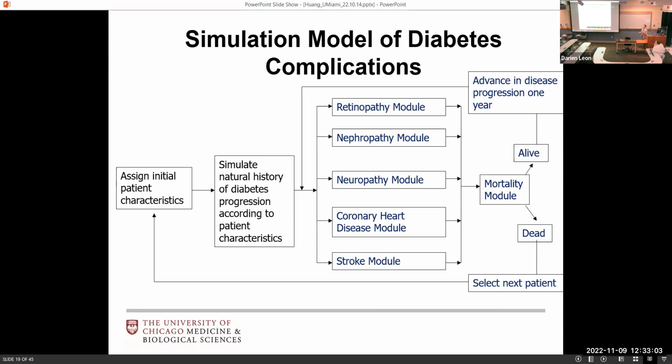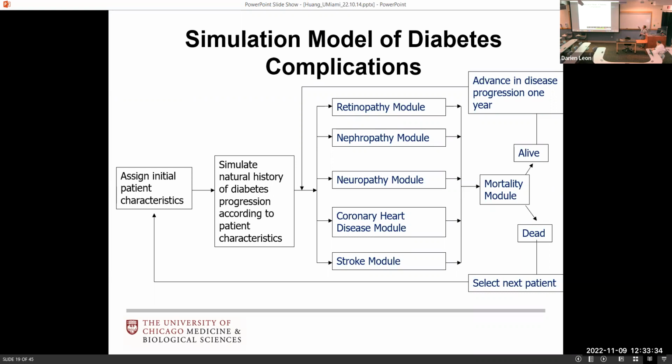Okay, and then another tool I want to highlight is simulation modeling. I mentioned that earlier. We've done simulation modeling to forecast the fate of the whole country's diabetes population. But for a given individual, we now have at least 20 to 30 years of history of doing research using simulation models. These simulation models are based on basic epidemiologic models, but then are stitched together to forecast the entire life of a person with diabetes.